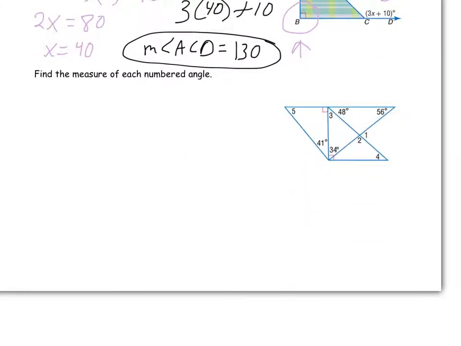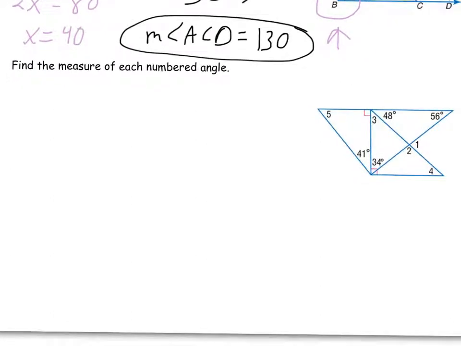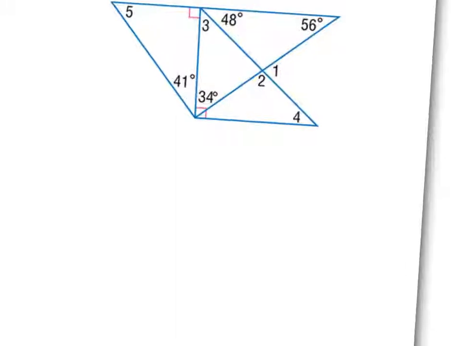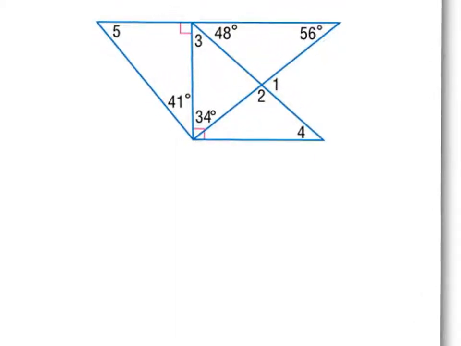And the last example in our notes, this one's going to get kind of tricky, because I'm just going to make this big right here. We're going to need to find the measure of each of the missing angles. Let's look. The one I think is the easiest right off the bat is angle 5, because we have 41